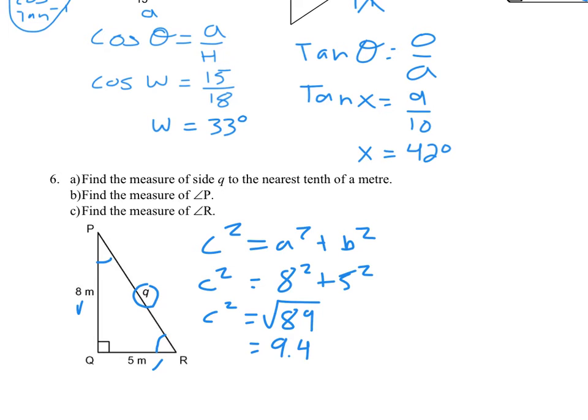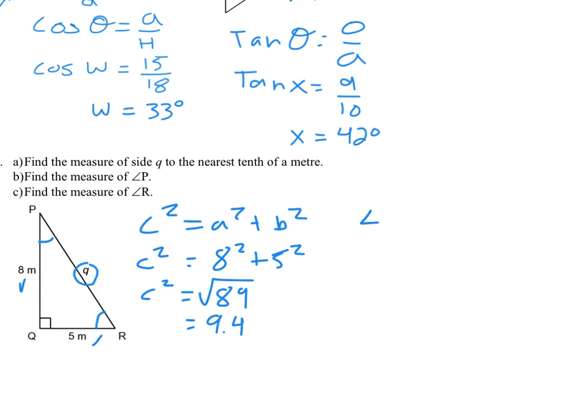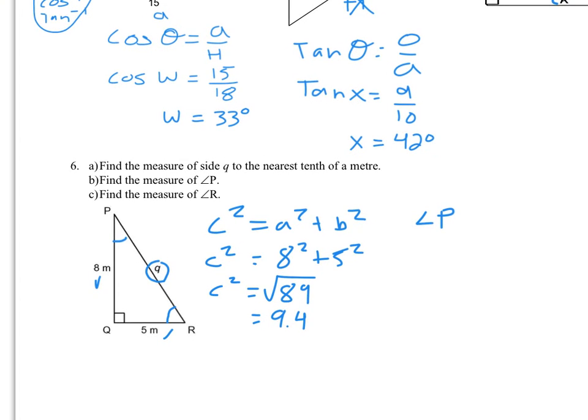Let's solve for angle P first. Okay? So to solve for angle P, we're going to label our triangle based off of angle P. So O, H, and A. We'll get rid of the letter that provides me no information at all. Remember, I don't know that Q yet. I've solved that it's 9.4 using Pythagorean theory, but I don't want to use Pythagorean theory, so I'm using a different method here. So let's get rid of H, and let's use O and A, which is going to be